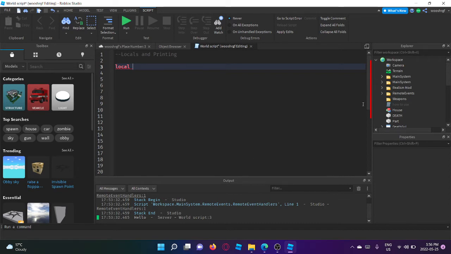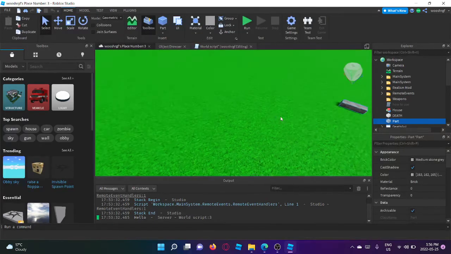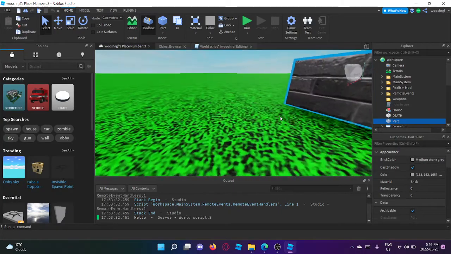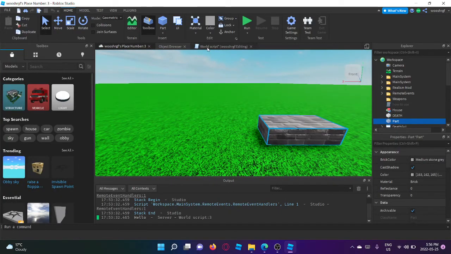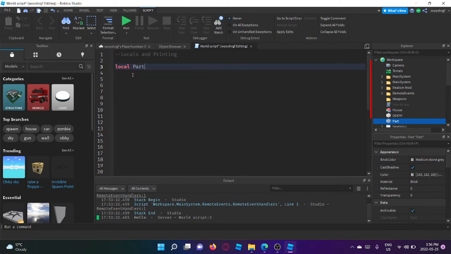So let's see, what's part in this? Okay, so this part. Let's just create a variable of part, and then what we do, you have to actually space it out. Then you do space, equals sign, space, local part, and then you can